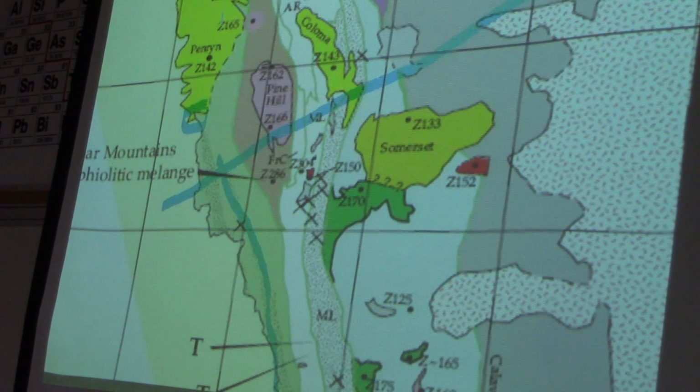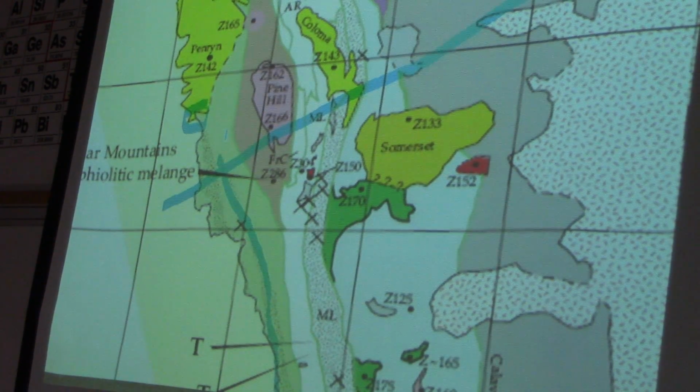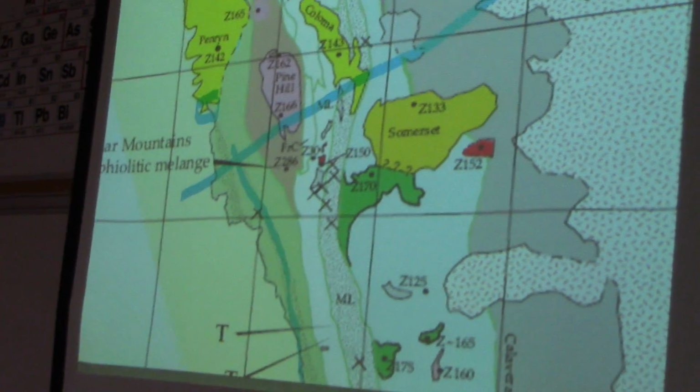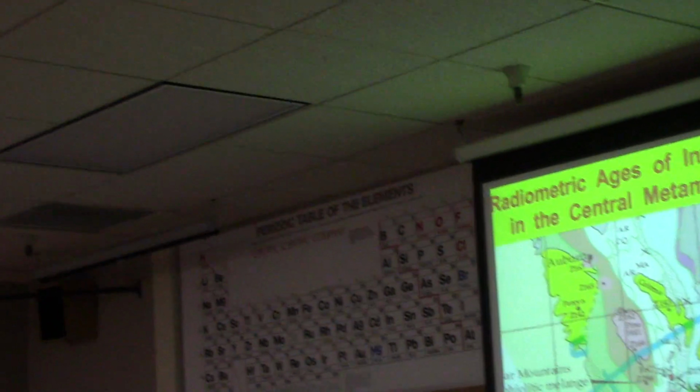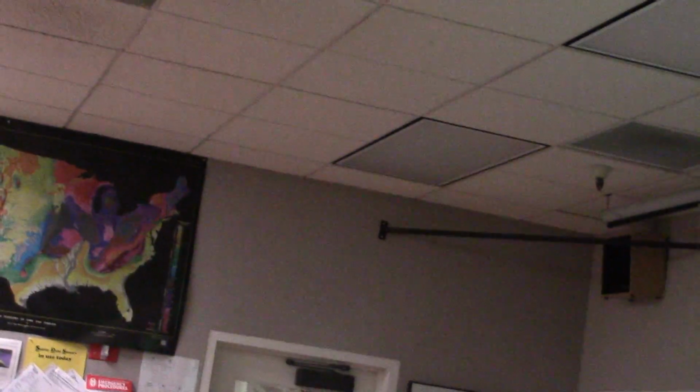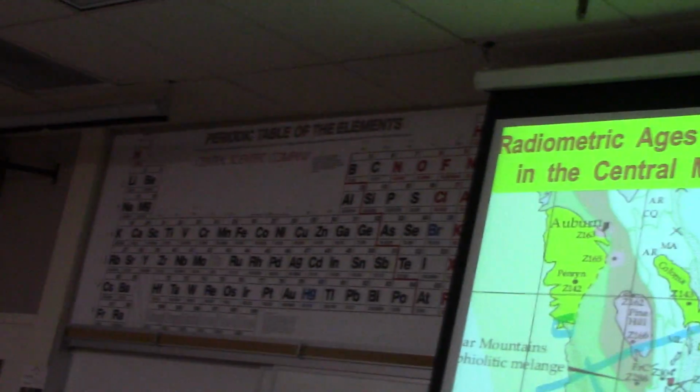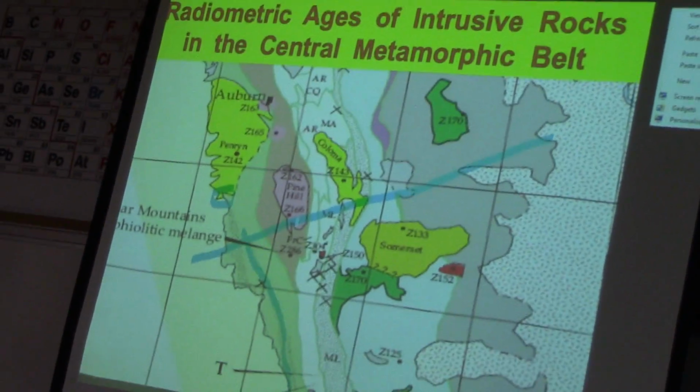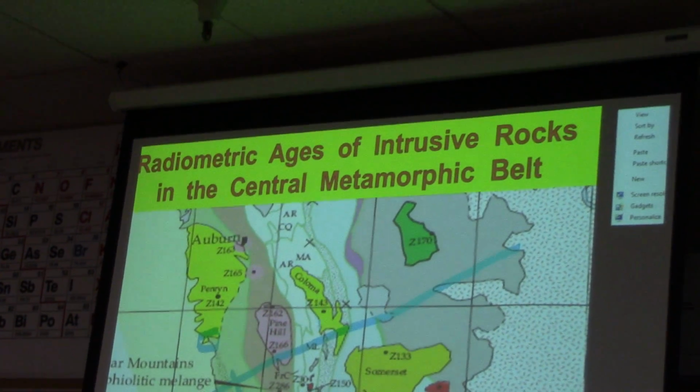So every time you have a major hard rock mine for 120 miles from Allegheny all the way to Mariposa, all these major mines have a nearby intrusive body of granite very close to it. The Penryn Pluton intruded in there, then caused mineralization along these fault zones there. So this is the granite, the age of that is about 165 million years old, the Penryn Pluton. The Pine Hill intrusive complex of the Gabbro is in this case about 166 million years old. You get down to Coloma, the yellow rock exposed in here